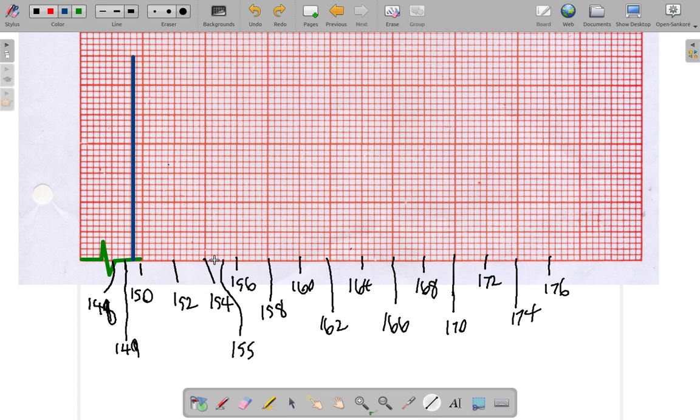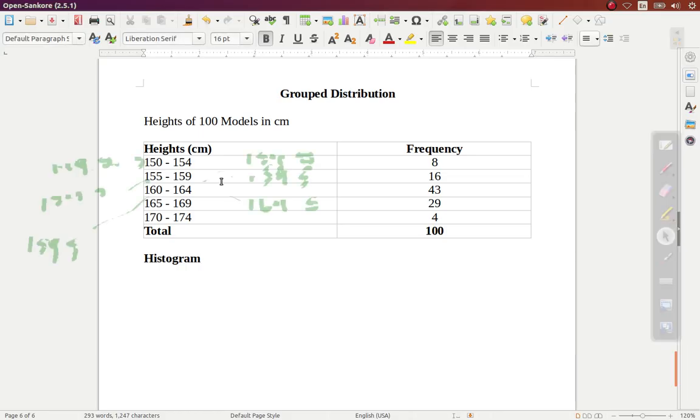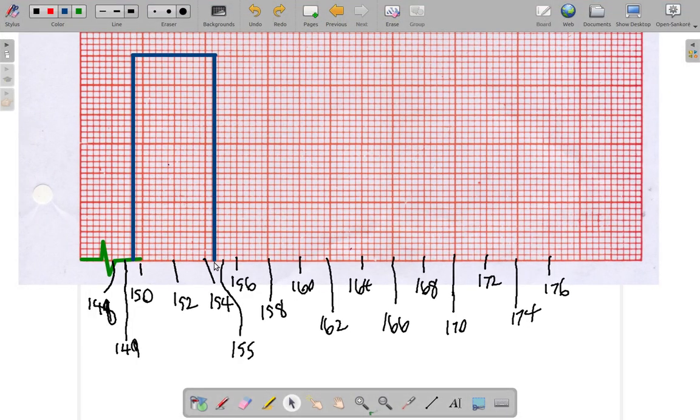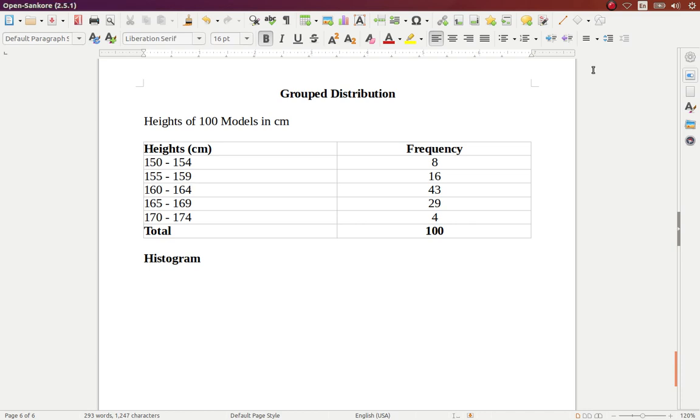So it would be right here. Okay, good. Have that corrected. Now, the next one, 155 to 159, could be as low as 154.5. At 154.5, we've had our 154.5 covered already. This line that ends the bar for the first class will start the bar for the second class. So we don't have to draw it again. It goes up to